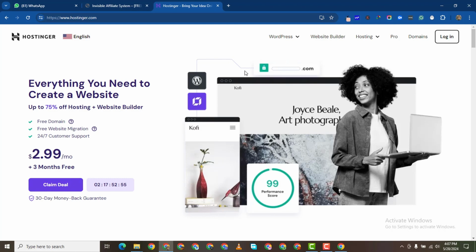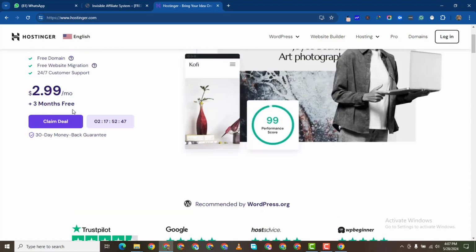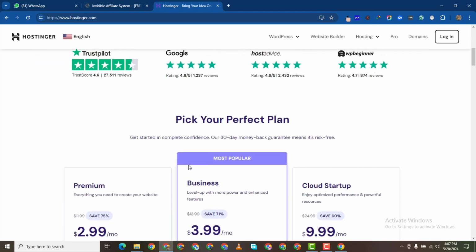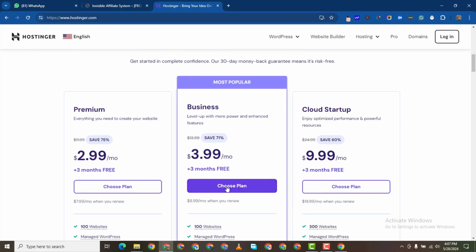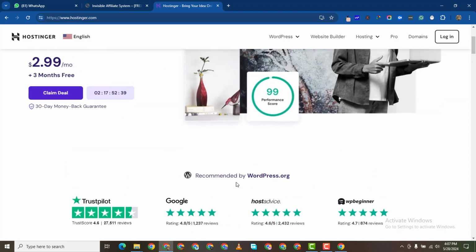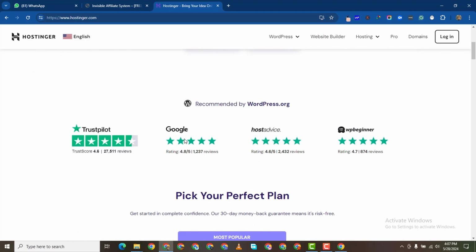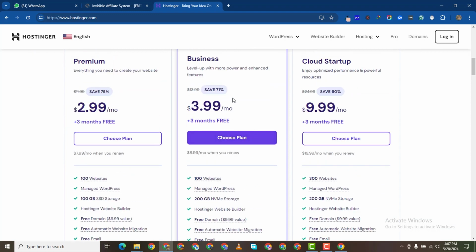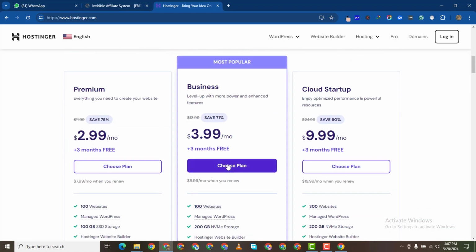So you will be brought to this page. This is the landing page for Hostinger hosting. So what you want to do is to click here on Claim Deal. Click on Claim Deal. And then you'll see quite a number of options there for you to get hosting, and you can click on any of these. I will definitely click on this, choose plan,